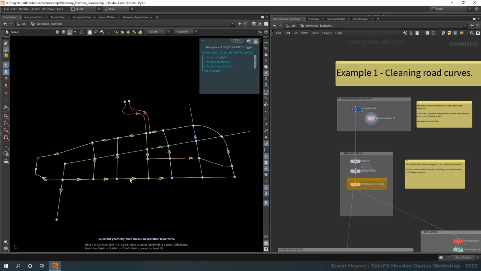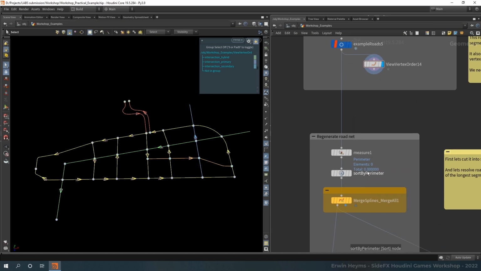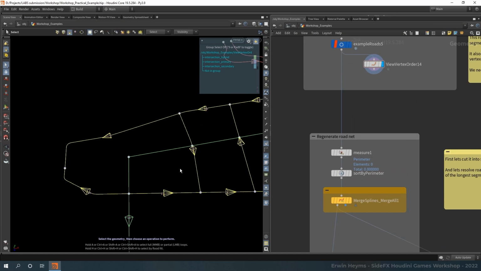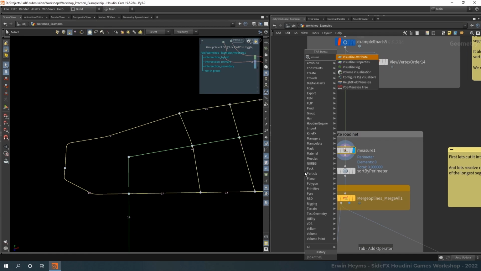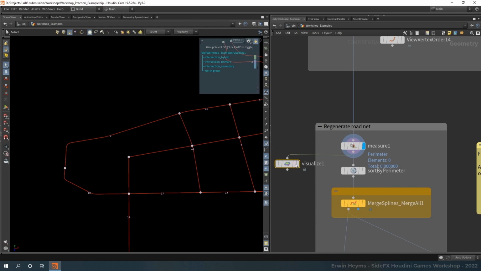Okay, so first, let's see what we can do with this problem here, and also clean the other issues that I just mentioned. So what I would like to do is take the curve that's the longest, in this case, and take its vertex order. So in this situation, this curve's vertex order is used and overtakes this one. We can do that by measuring the perimeter of this edge. And if we were to visualize that, plug that in,